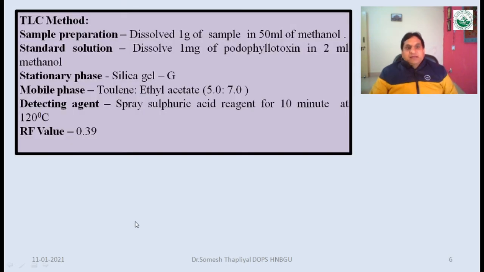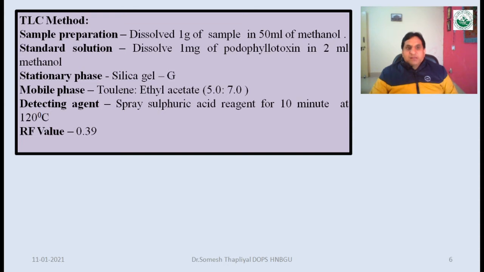And we can analyze or identify with the help of chromatography also. For the TLC, that is thin layer chromatography, first of all we have to prepare the sample. To prepare the sample, we will take 1 gram of sample and dissolve it in 50 ml of methanol. Similarly, for the preparation of standard solution, we can take 1 mg of podophyllotoxin in 2 ml